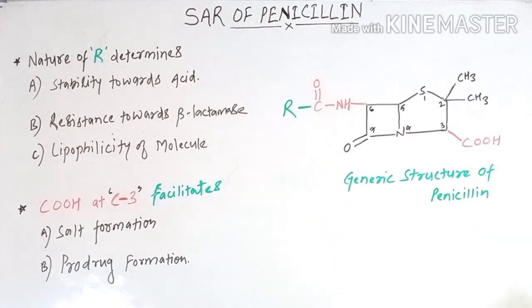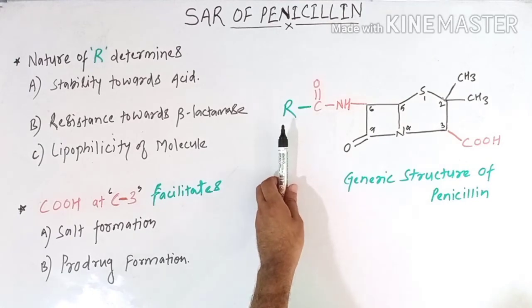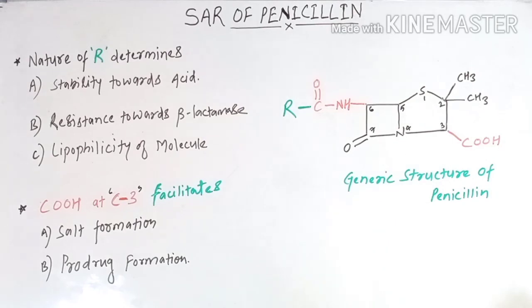So it was observed that the more lipophilic the side chain of a penicillin, the more serum protein bound is the antibiotic. So the higher the lipophilicity of this R group, the higher will be the protein binding of this antibiotic, but this has little influence on the half-life of this penicillin, because penicillins are actively excreted into urine via an active transport system. So lipophilicity only determines what? Serum protein binding of the antibiotic.